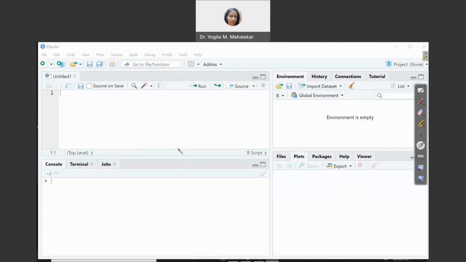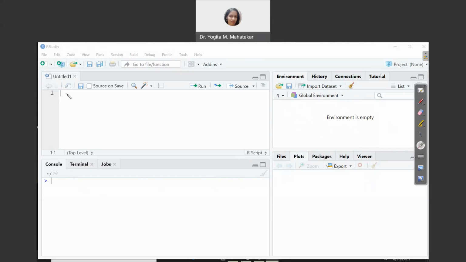To clear the variables, whatever we type in the source file, console, workspace, or in the files and plot window, one can use this broom icon. This broom icon is there in the files and plot window also. Just now I demonstrated that something was there in this environment or workspace, and I cleared it with this broom icon. It is present in the workspace window, in the files and plot window, and in the console also. As we proceed, I will show you how to use it, but you have to use this broom carefully. So let us first start with creation of vectors.